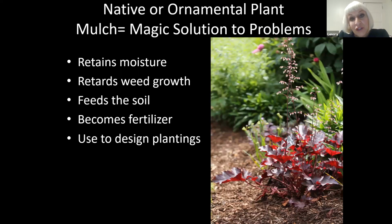So I would say that mulch is like the magic solution to gardening problems. There are very few issues that mulch cannot fix. Well,